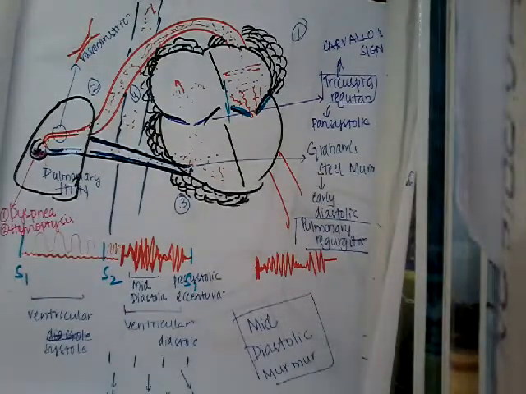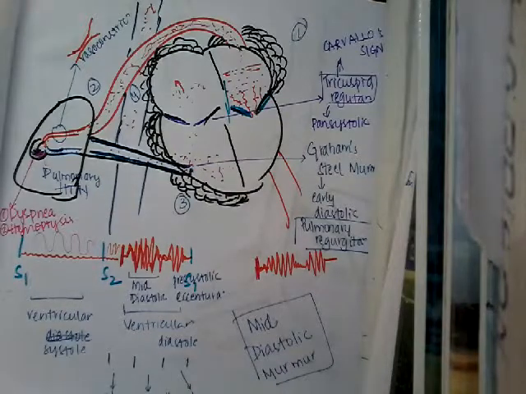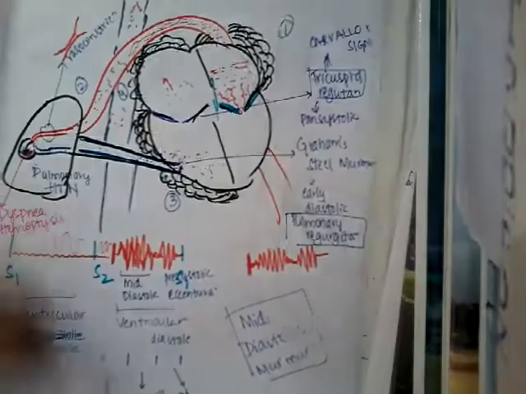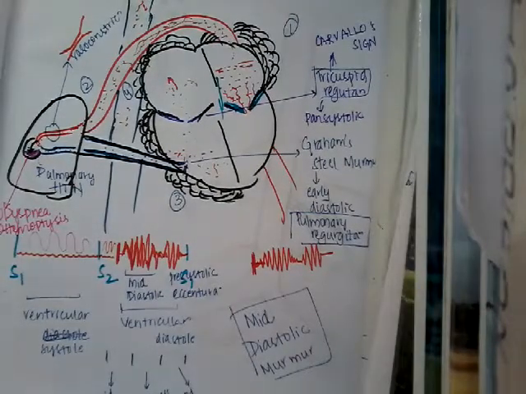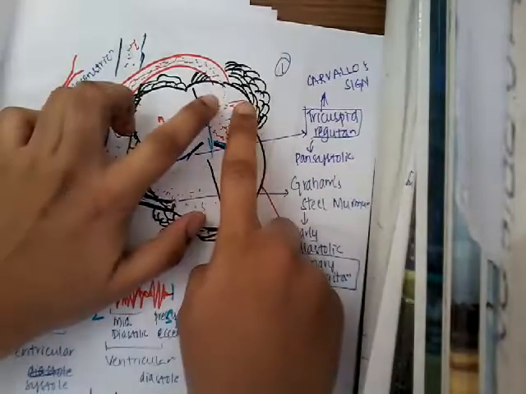And now, the patient may also come with a palpitations history or arrhythmias. Why is there an arrhythmia? I didn't explain this in my last class. Arrhythmia is most commonly atrial fibrillation. Among the arrhythmias, the most common arrhythmia which we see in mitral stenosis is atrial fibrillation. The question is why? The main reason for atrial fibrillation is, here if you see, the left atrium has